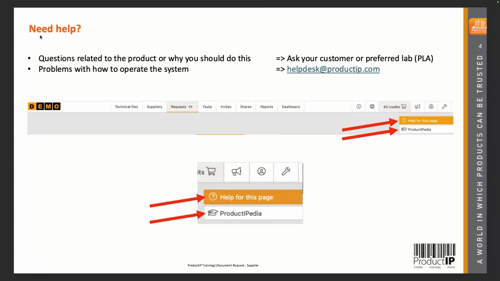So if you need help, for questions related to the product or why you should do this, please ask your customer or the preferred lab, PLA. For problems with the system, how to operate it, you can write an email to helpdesk@productip.com. On every page you are using on the product IP platform, in the right upper corner, you have a button,